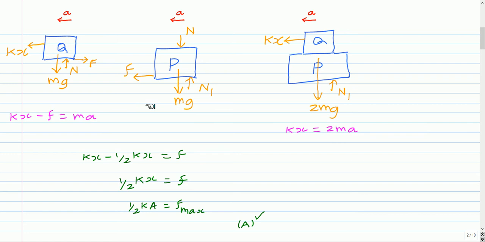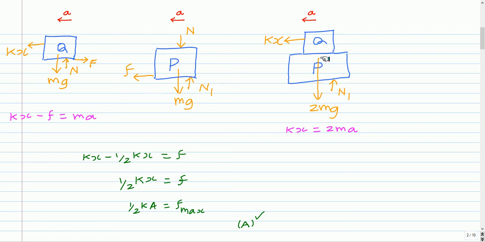This is the free body diagram with block P. The forces acting on it are the weight mg, a normal reaction N1 between block P and the horizontal surface, and normal reaction N between blocks P and Q. Block P is accelerating towards the equilibrium position, so there has to be a net force acting towards the left on block P, and the only force that can act on it is the friction force between blocks P and Q. So the direction of friction force on block P should be towards the left, and therefore the friction force on block Q should be towards the right.